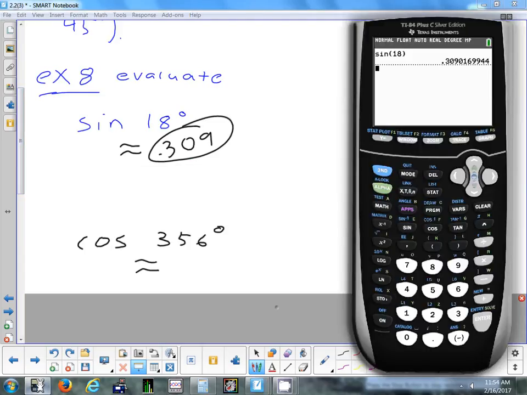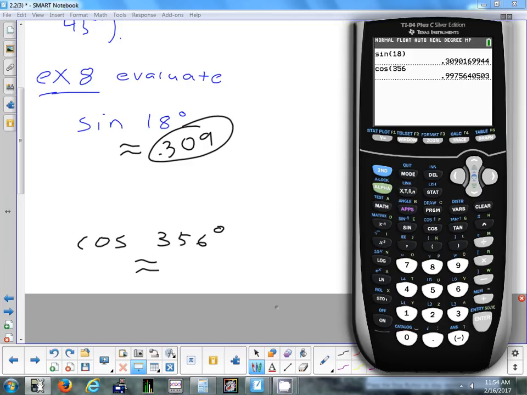Let's try cosine 356 degrees. Okay, so looking at the problem and looking at the mode my calculator is in, do I need to change the mode? No. I'm doing a problem about degrees. My calculator still is in degrees. So you press cosine